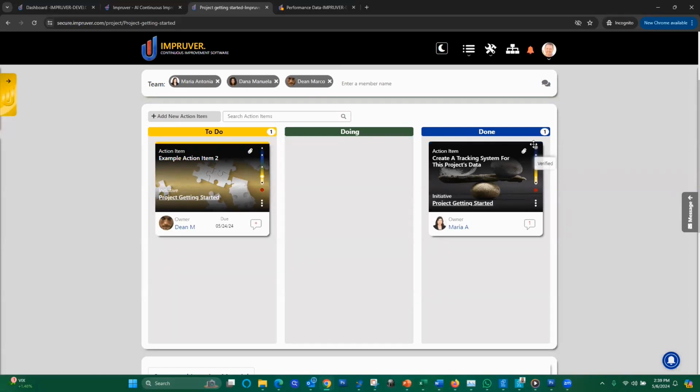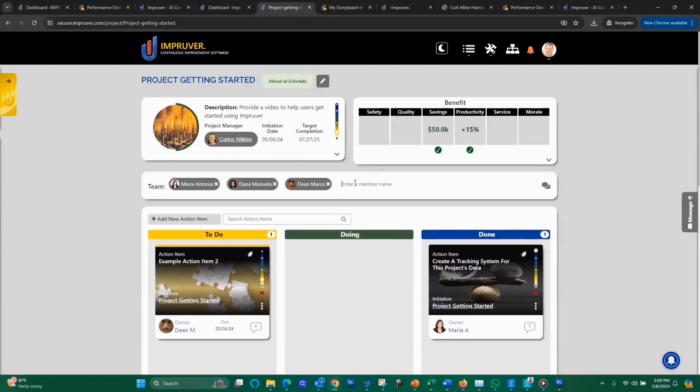We changed the status there. Notice there's a kind of top edge line here that turns black, right? I don't know if you noticed that it was blue before, it then turns black. Really cool. One other thing I want to call out here is that you can actually assign people outside of